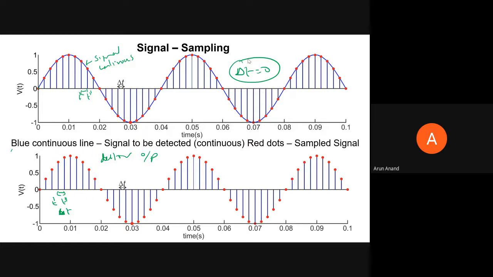So this is the detector, this is the sample, this is the detector output you are going to see. This is the signal you are seeing, and it is always going to be discrete. Even though you draw a straight line in your plots, for a sinusoidal wave detected by maybe a photodiode, really speaking, it is going to be discrete. That discreteness is decided by the sampling interval time of the detector.